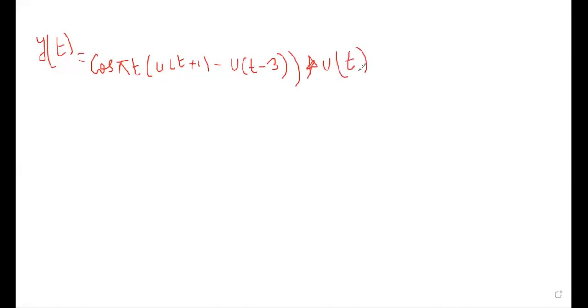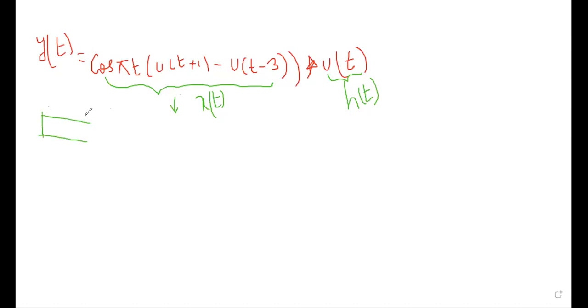So shall we start now? Obviously this first signal, preferably we will take this as x of t, and u of t we will take as h of t, because to perform the convolution we should have x and h only. So now the first step, always we know that if the diagram is not given, we have to convert the expression into diagram.